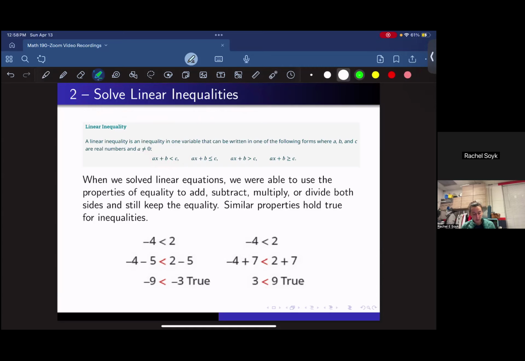And so up here we have our formal definition of our linear inequality and all of the types of forms that you can see. These aren't examples. This is just showing us that if we want to manipulate the inequalities,